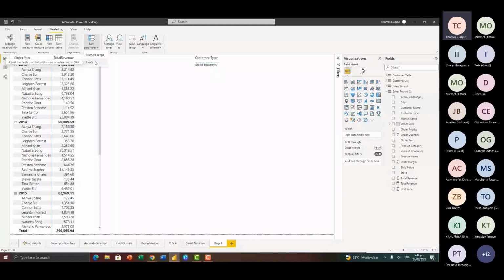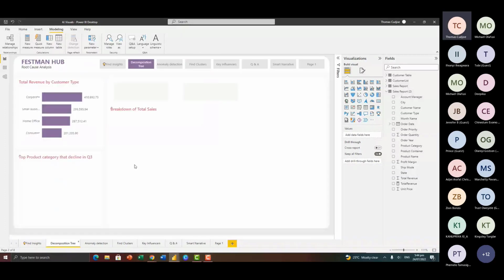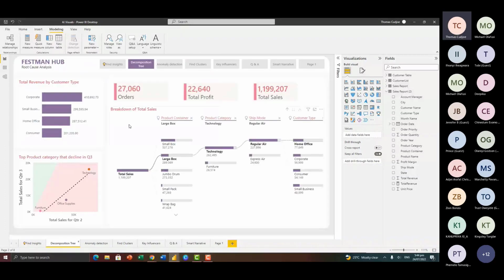Within this report, let's go to the decomposition tree. If you take a look at this decomposition tree, we are looking at the breakdown of our total sales. Let me remove this report 2.